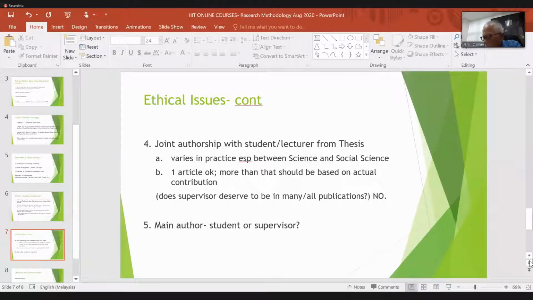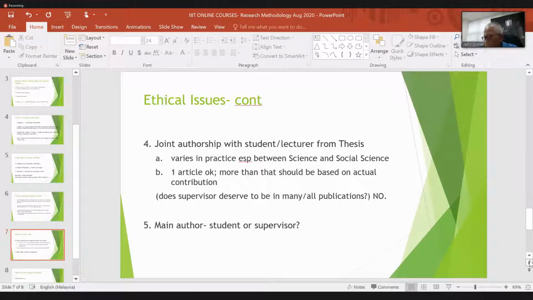Yeah, I once made a joke with my colleagues. I said, if that is the case, then I should also get the PhD as well, right? If I say that this thesis, it is my research grant, it is my data, it is my idea, and the student is just the RA, then why not give me the PhD also? But no, you are supervisor for your student. So maybe this issue may differ from place to place.